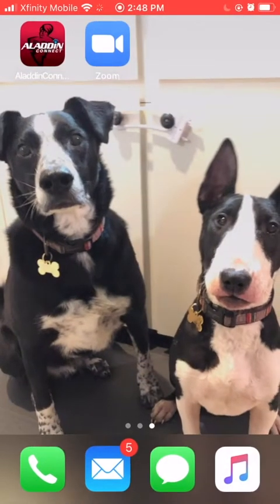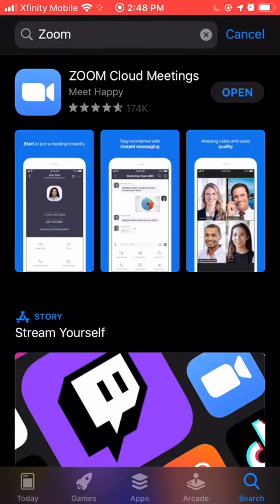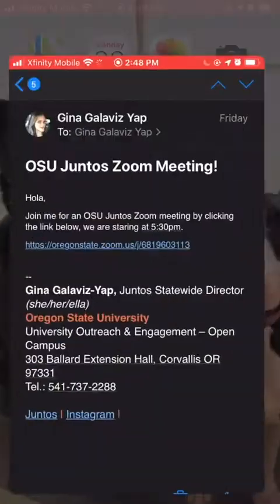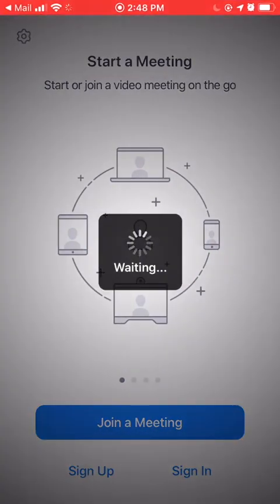But the first thing we need to do is go ahead and open your app store, then typing in Zoom. That first app that you see, Zoom Cloud Meetings, is the one that you'll need to download. And once that's done, you're pretty much all set. So then you go ahead and click on